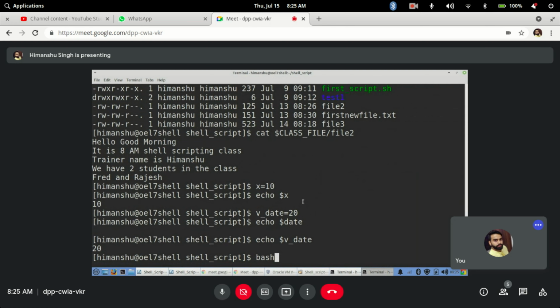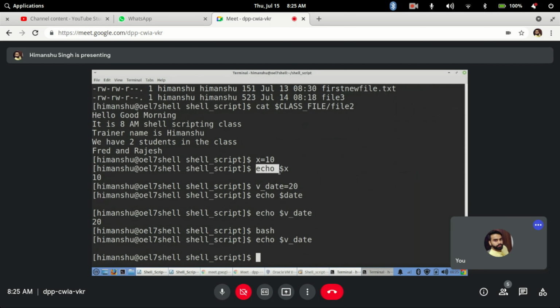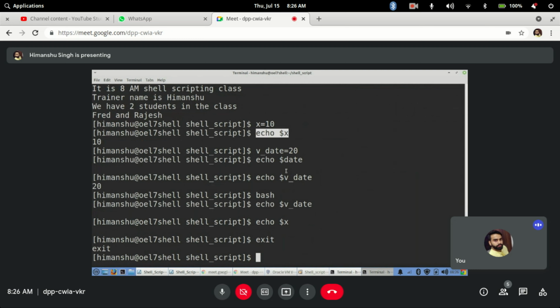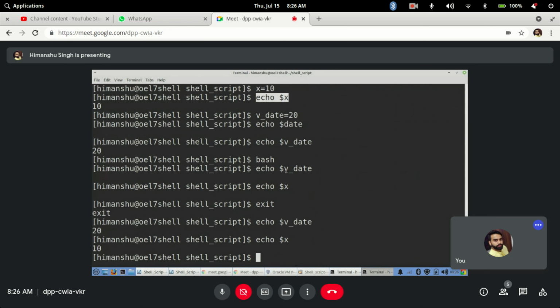If I run the same echo commands here, there is no value, because these variables are not defined in this bash shell. If I exit from this bash shell, I come back to my original bash where I defined the local variables, and if I do echo $v_date, it is still there because that bash is not closed yet and still has those values. Clear?